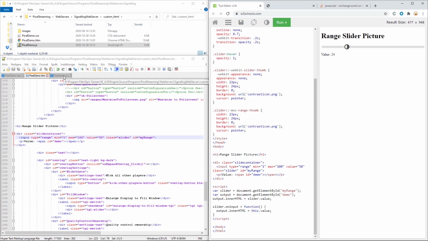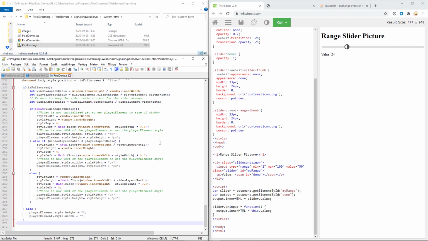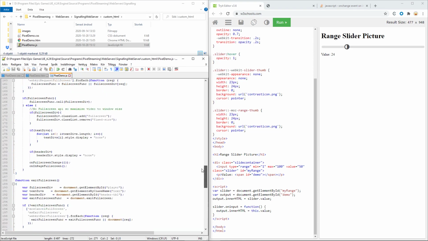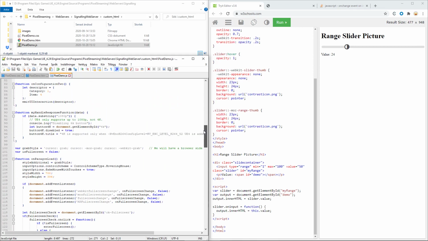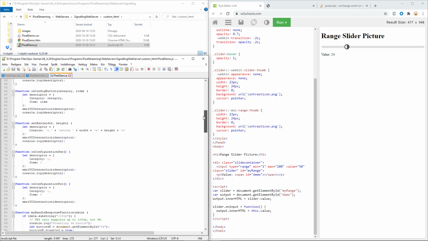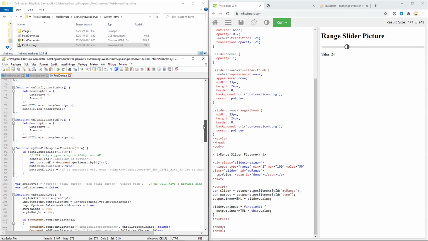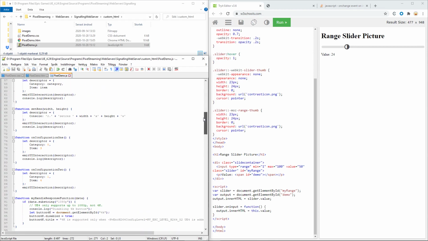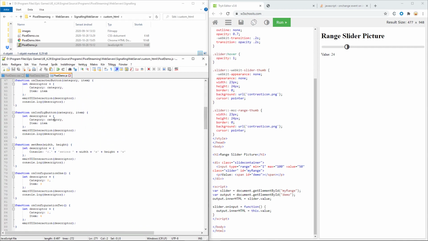Now looking at the JavaScript document again, we can create a new function. Let's have a look at how the buttons are set up. I think it's the function onConfig button right here. And you will notice that it creates a variable called descriptor that sends a category and an item value.